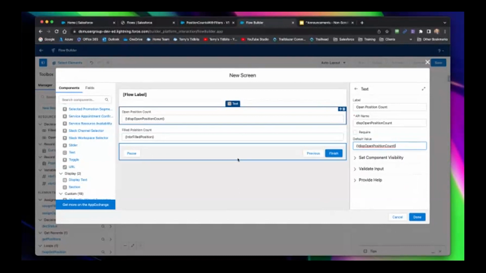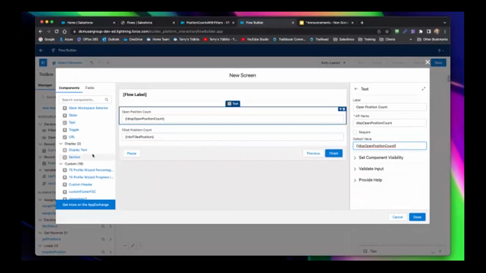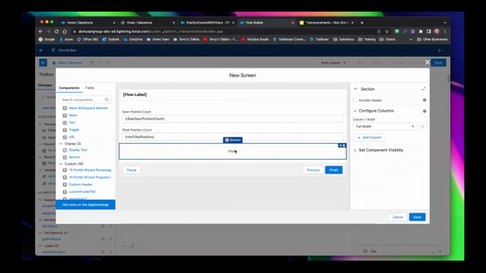Now, because we're admins and we like things to look nice, we probably want it to look a little bit better than just two fields kind of on top of each other. So let's play around with another component. And the component that I want to play with here is called a section. And I'm going to pull a section over to my screen flow. And with that, I get now the ability to choose how many columns do I want for this particular section. And I can go full width, or